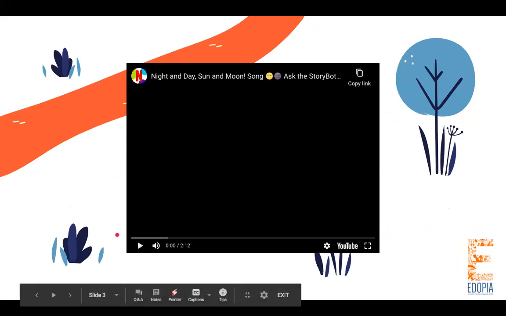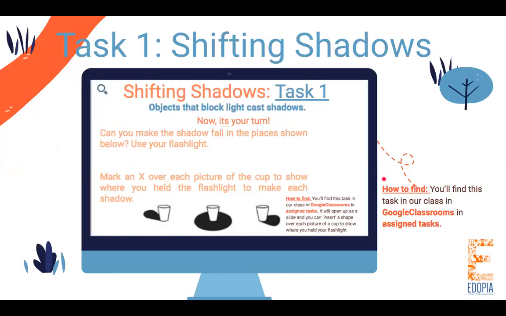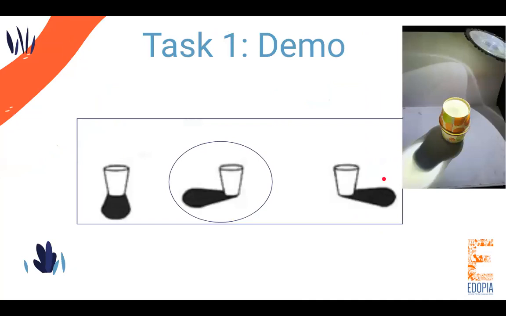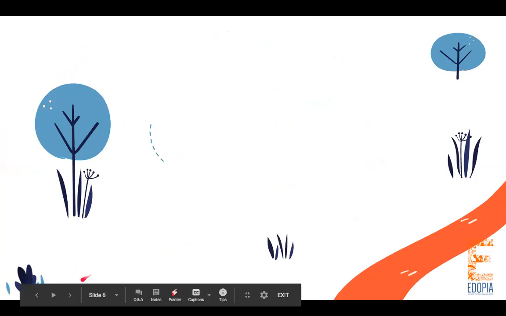We begin by reviewing this through watching a quick 2-minute summary clip of our previous video. We then talked about our first task's findings, and what we learned from this task. To summarize our discussion on our findings, we all observed that the shadow of our cups